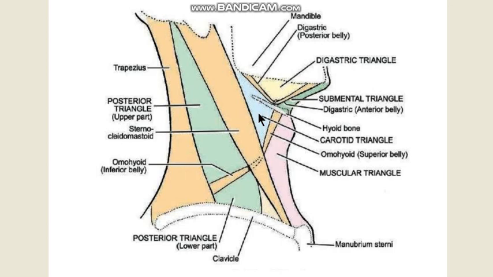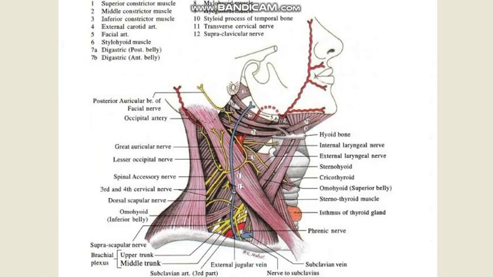is different. So the floor of the carotid triangle is formed by the thyroid, the hyoglossus, the middle constrictor, and the inferior constrictor. Now that is not obvious immediately. Let us see if we can look at the floor somewhere else. You can't see the floor here. You can see the middle constrictor and the inferior constrictor in the floor, but you can see a little bit of the hyoglossus also. You see this big muscle is the hyoglossus. So here you have a bit of the hyoglossus, middle constrictor, inferior constrictor.